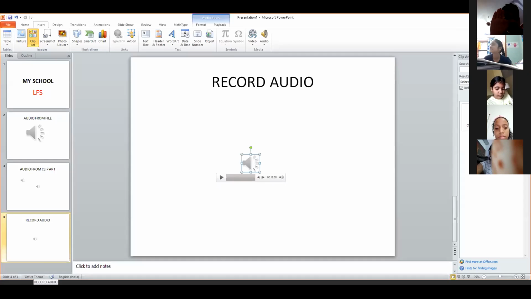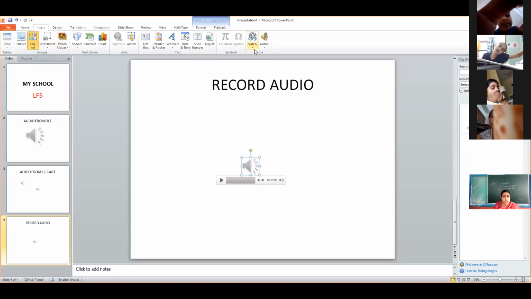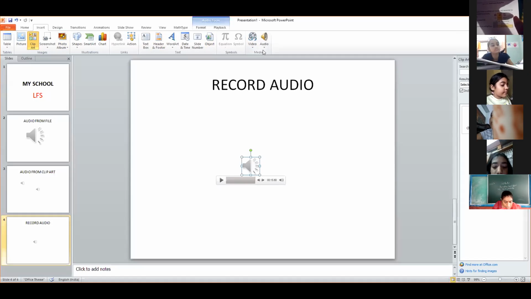Yes, Pragyan? Now I want to ask, in the media group, one option is given, embedded flash. What is it?